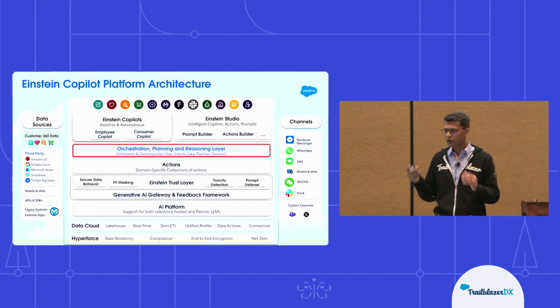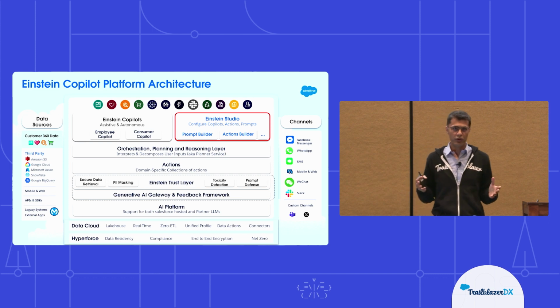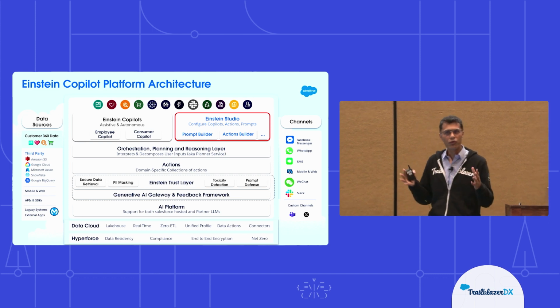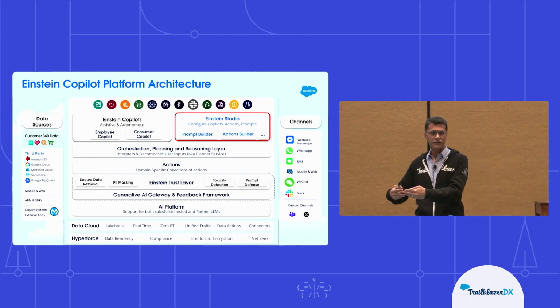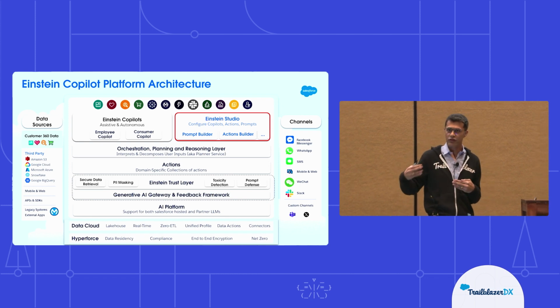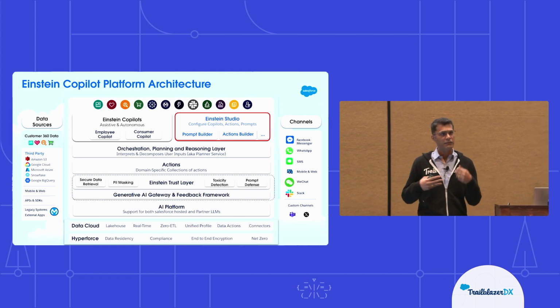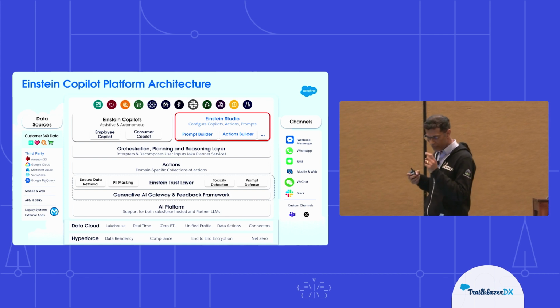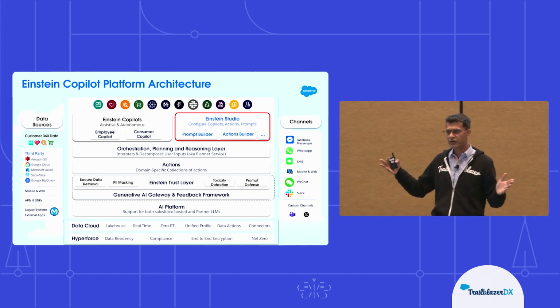Let's talk a little bit about the user experience layers. Let me first start with Einstein Studio. This is your low-code, no-code way of building your Einstein Copilot actions, associating them with your Einstein Copilots, configuring and customizing your Copilots itself. So this is your one-stop shop where you can go and customize and configure your Copilots, be it employee Copilots, be it your customer Copilots. So this is the single interface that Shipra talked about earlier